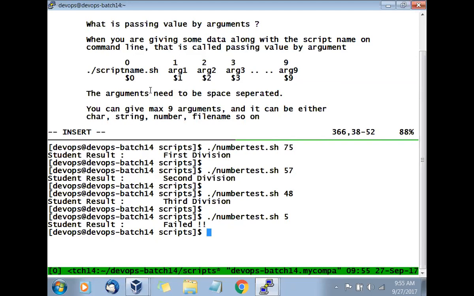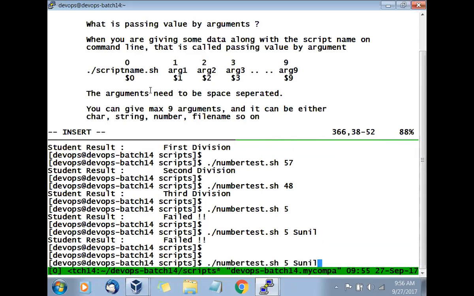So this is clear. What is passing the value by argument? That position value you will use inside the script. Now suppose you give another, like I say name, what will happen? We have not used that $2 anywhere, so it will ignore that. It will not fail.